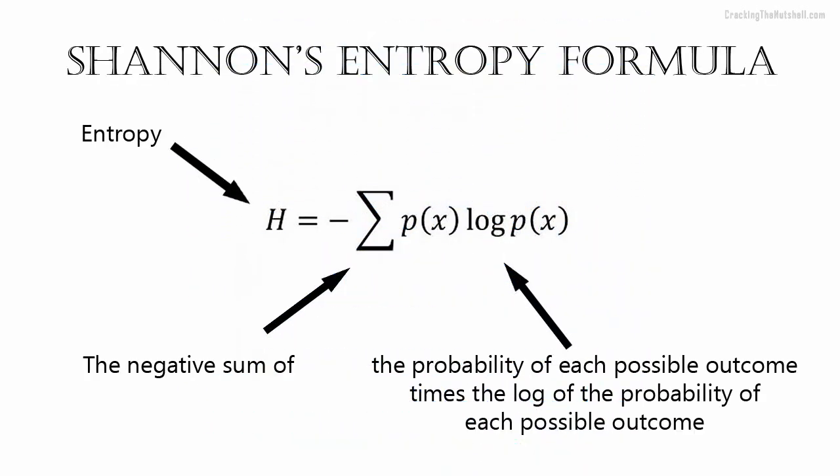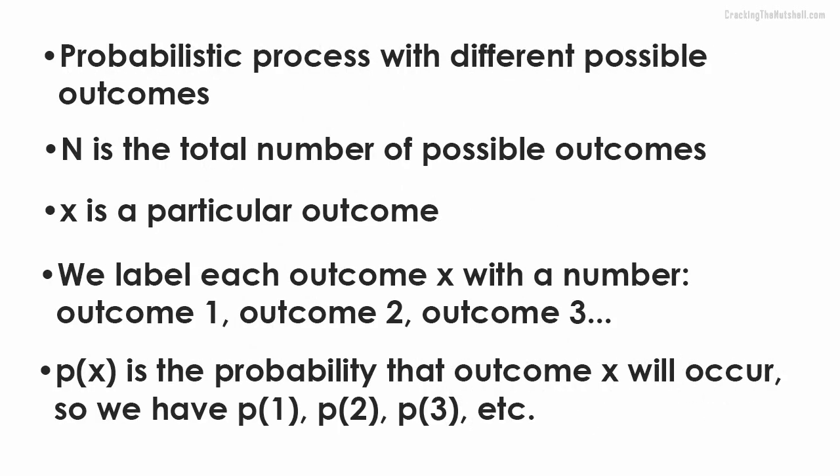So, what is Shannon's definition then? Well, the amount of information contained in a given message is defined as the negative of a certain sum of probabilities. Don't worry, we are not going to deal with the actual details of the equation here, but instead I will give you a flavor of what it means. Suppose we have a probabilistic process which has a certain number of possible outcomes, each with a different probability of occurring.